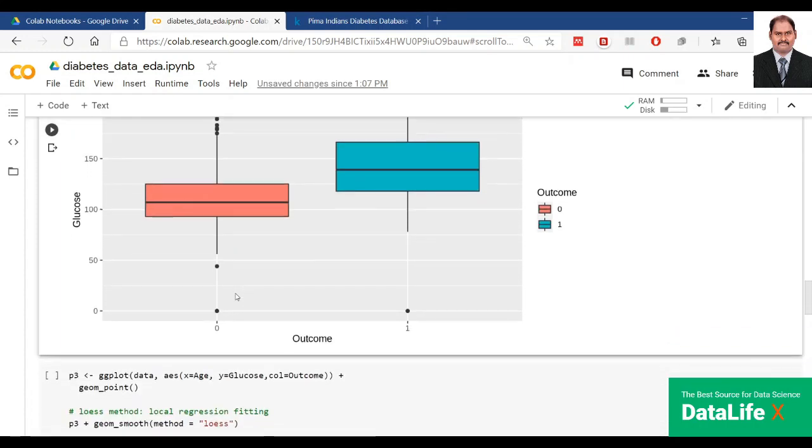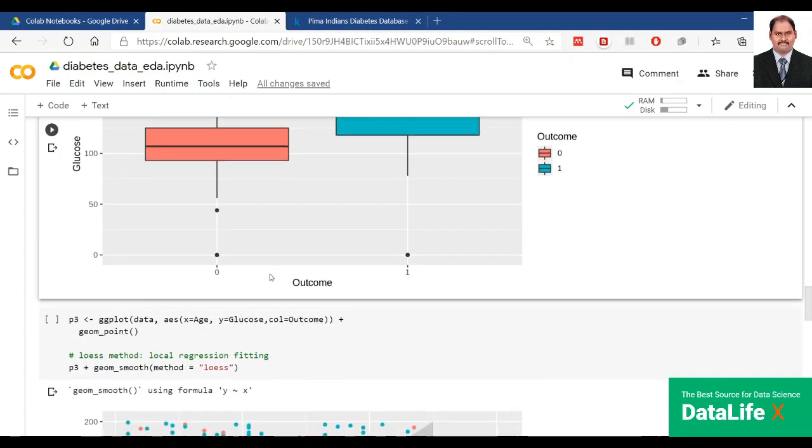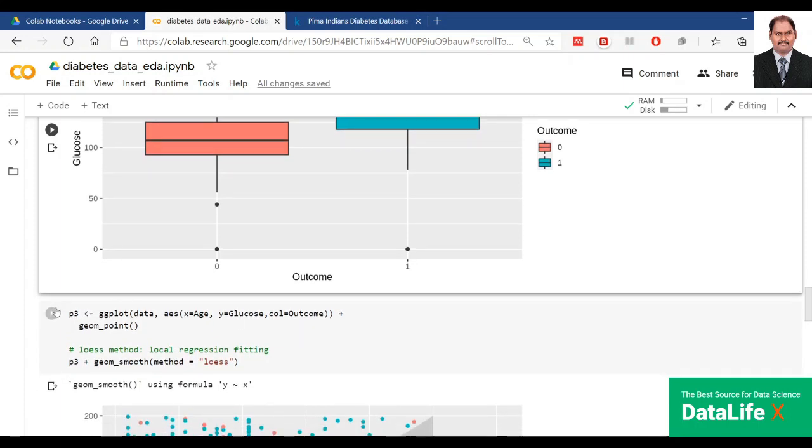Next, a very common data visualization is the scatterplot. For getting a scatterplot, we'll be using the function geom_point. So I'm doing a scatterplot of the relation between age and glucose. You can see this syntax. X we are mapping to age and Y to glucose, and we are coloring with the outcome. So when you run this one,